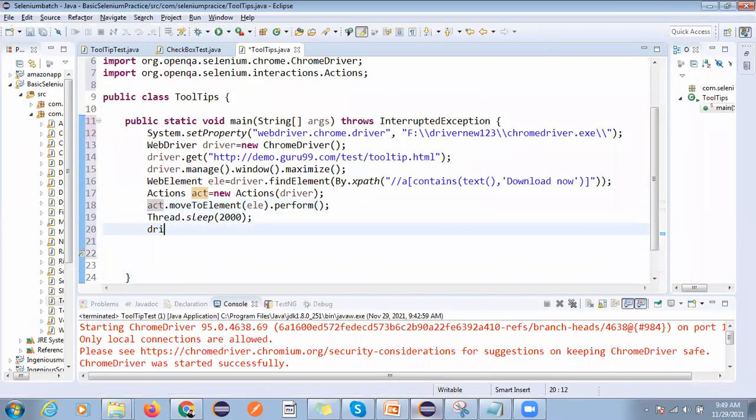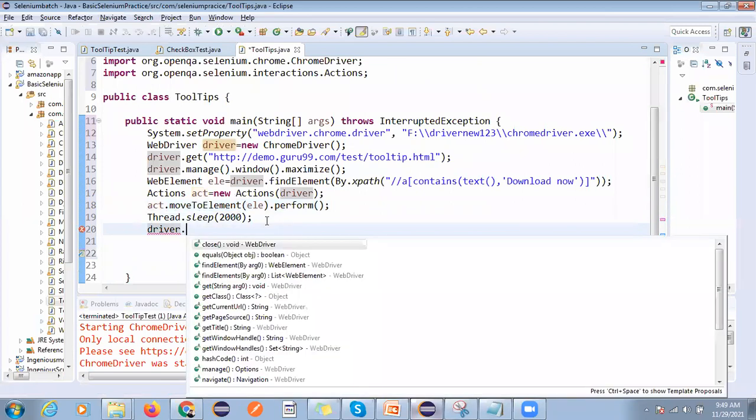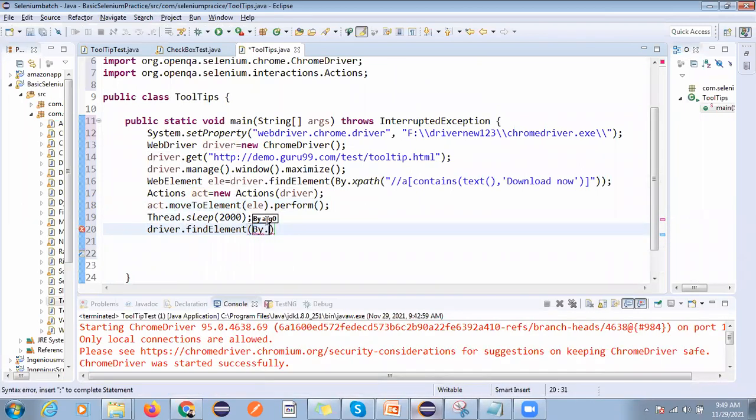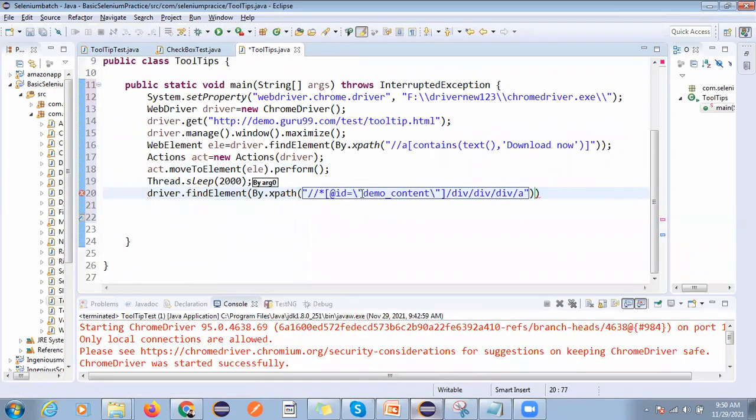So I'm just validating this message, driver dot find element by dot XPath, and now we will use here, so just I'm using here single quotes, so that is fine. And here I have to capture, right?